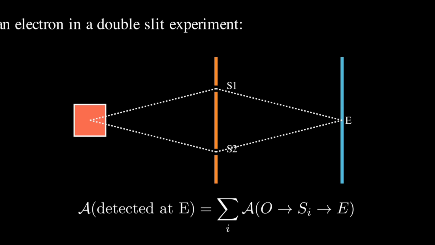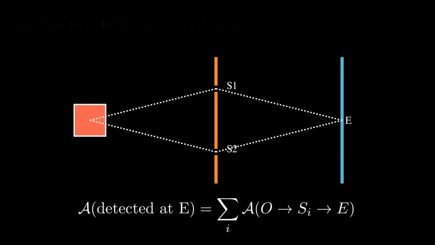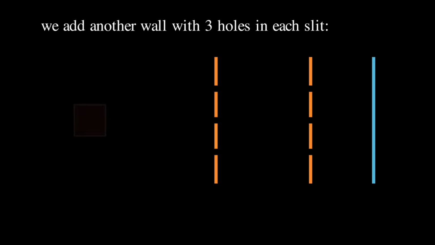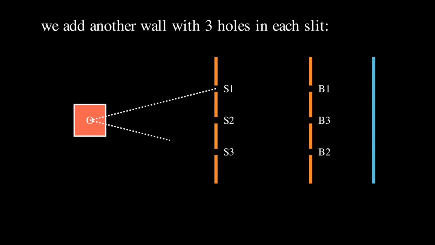So now we can make the setup more complicated. We could ask what will happen if we keep adding another wall, for example, another wall with 3 holes. So we have another wall in orange here with 3 holes, which we call B1, B2, and B3. So now to find the probability amplitude for the particle to be detected on the screen at point E, for example, we